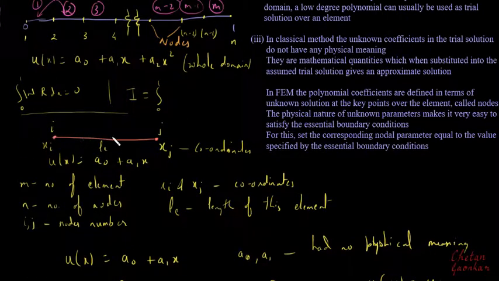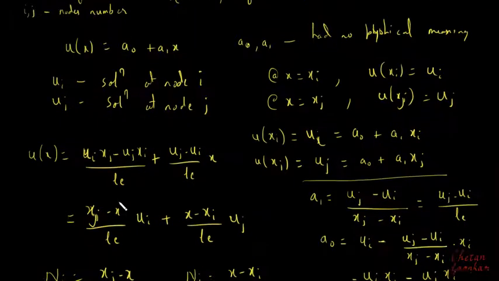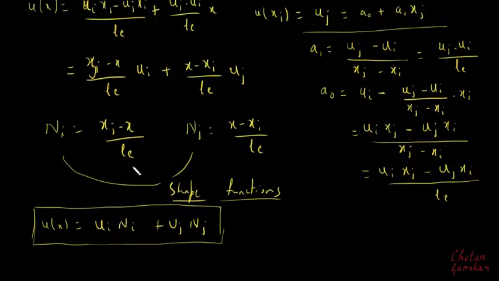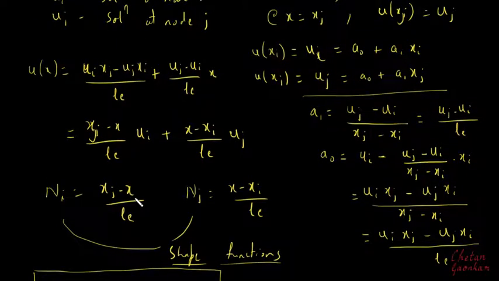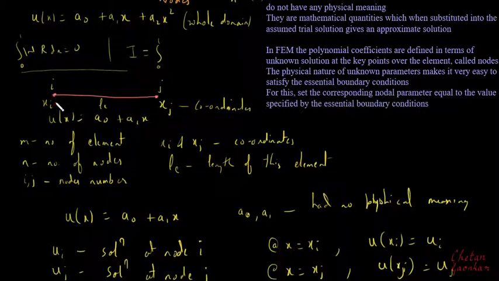But what about the values in between? We discussed that the finite element method will give us values only at the nodes. But what if I want to find the value somewhere in between? That is exactly when these shape functions will help us. For example, this shape function contains the x coordinate. x is nothing but some general distance from this point. So if I want to calculate the value at this x, because finite element will be giving us the solution only at the nodes, but if I want to find the solution somewhere here which is at a distance of x from here,